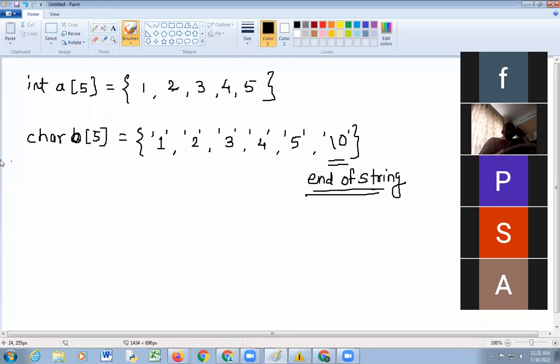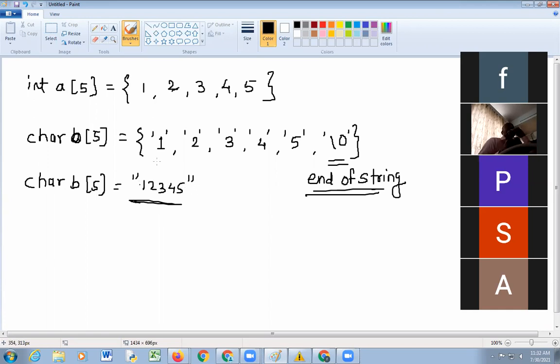Okay, when you declare char b[5] in double inverted commas as "12345", then there is no need to write \0.